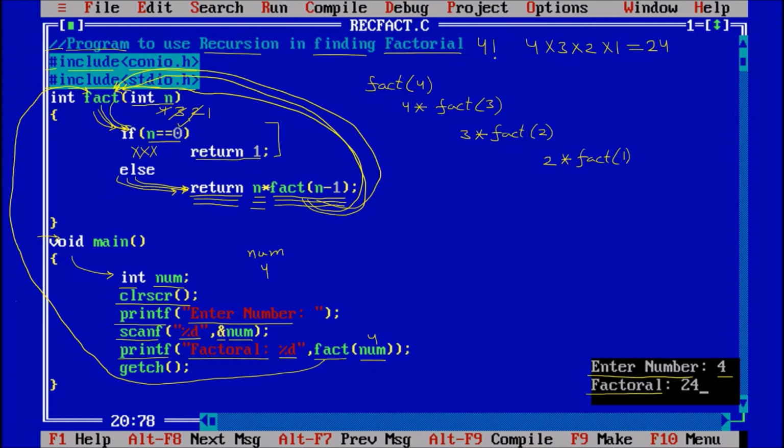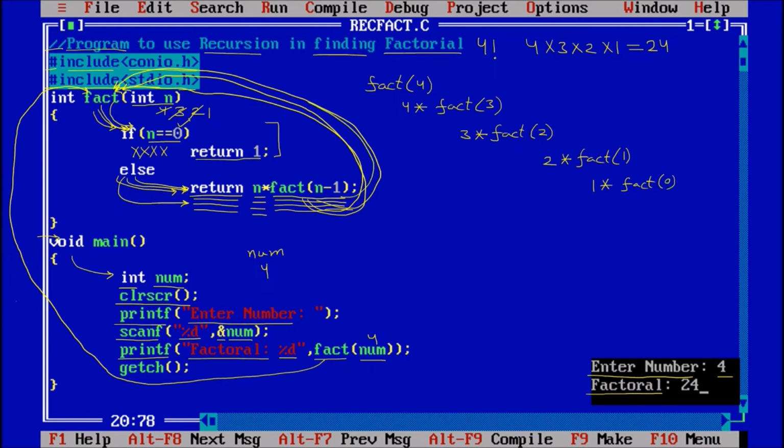Coming down, if n equal to 0 but n is 1 right now, this part will not run, the else part will run. And here we are saying return n into, that is 1 into fact(n minus 1). So again calling the factorial, and here n, 1 minus 1, is 0.